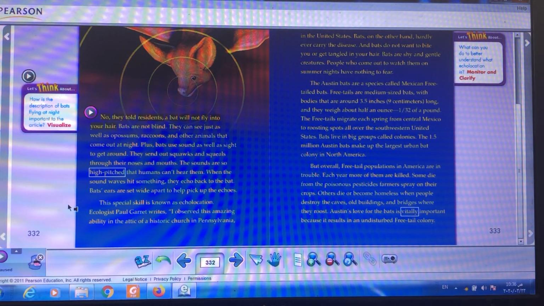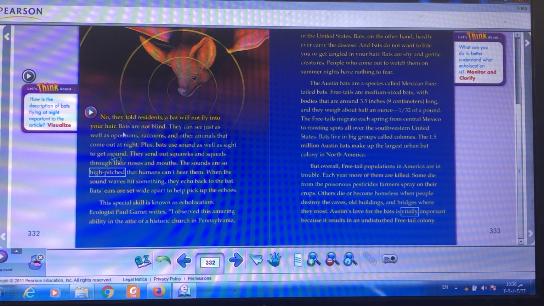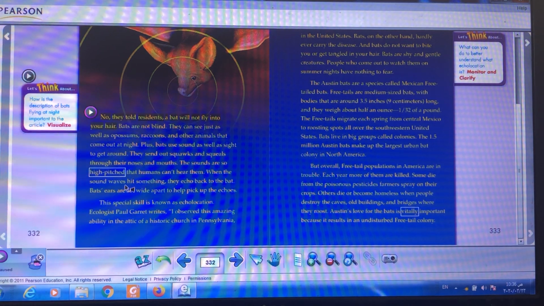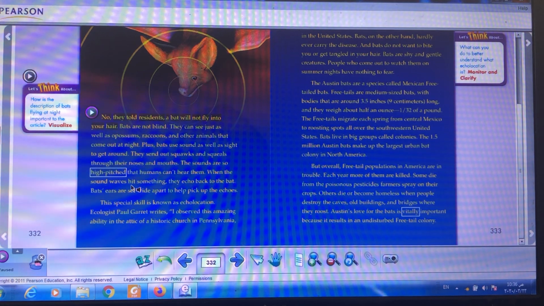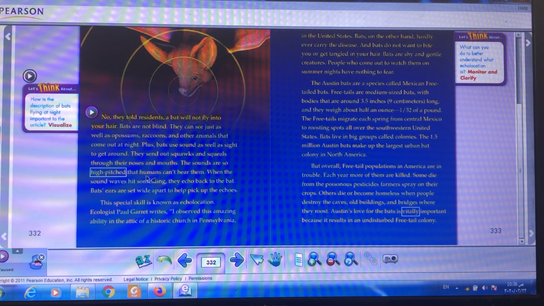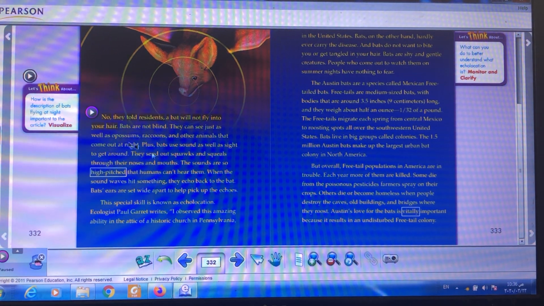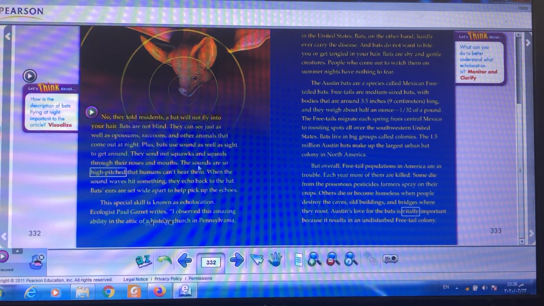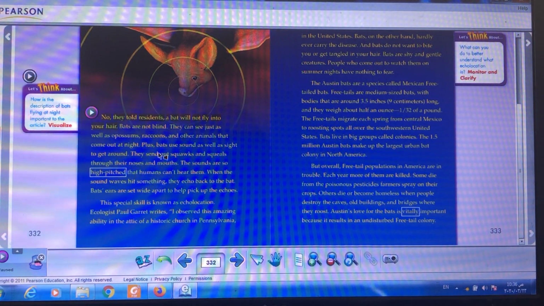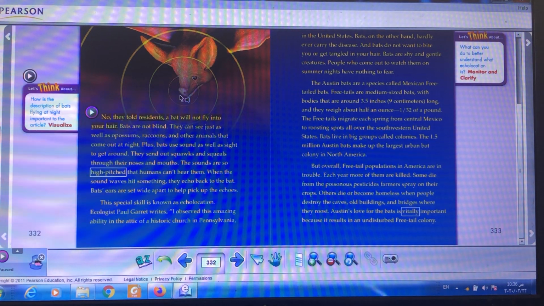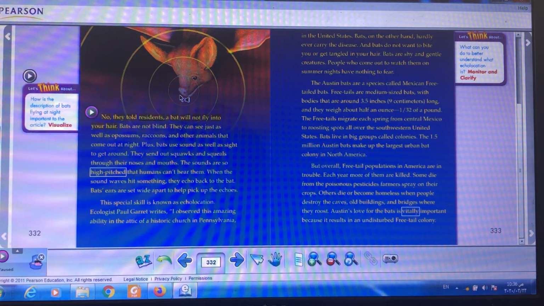So after listening to this part, now you can draw a conclusion about the bats. How can I draw a conclusion? I told you, use the information from the text, and you can use information from the background knowledge that you know. Here, for example, all the people thought that bats did not have the ability to see. They are blind. Lots of people say that bats are blind. But in reality, no, bats can see well.